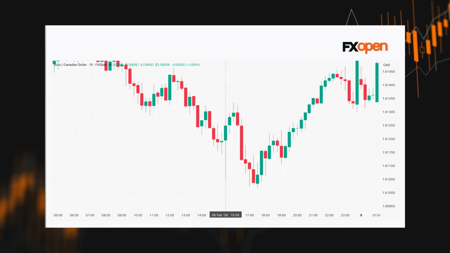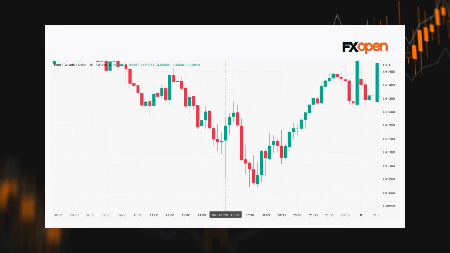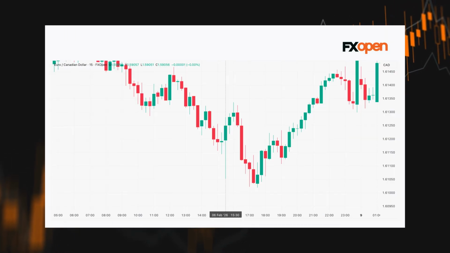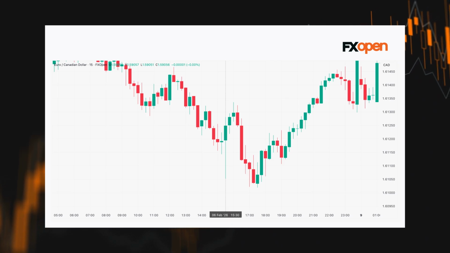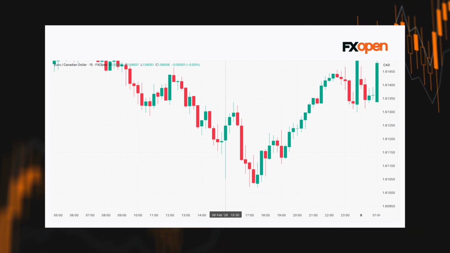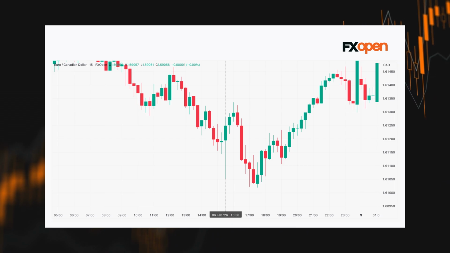This decline was partly linked to the sector's exposure to US tariffs on Canadian exports, and we know there's been a raft of changes there. Now, although the unemployment rate declined, the drop in employment suggests that the labour market remains uneven. Following that release, the Canadian dollar briefly weakened before stabilising. The upcoming report is unlikely to change the Bank of Canada's interest rate decision on the 18th of March, where rates are widely expected to remain unchanged. However, the release could still trigger some short-term volatility in CAD pairs. If unemployment falls and employment rises, the Canadian dollar may strengthen.